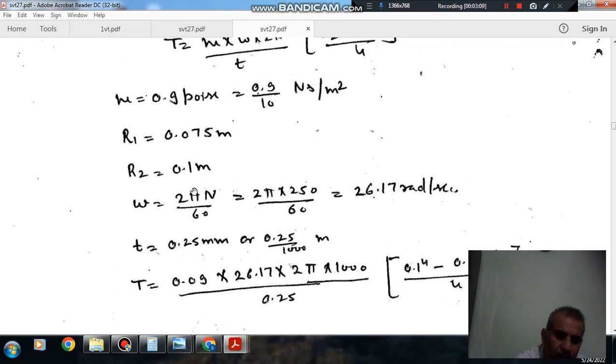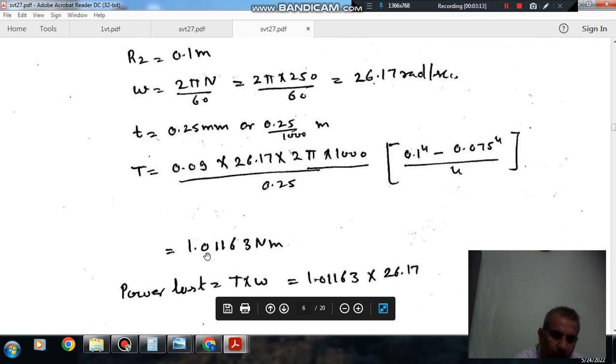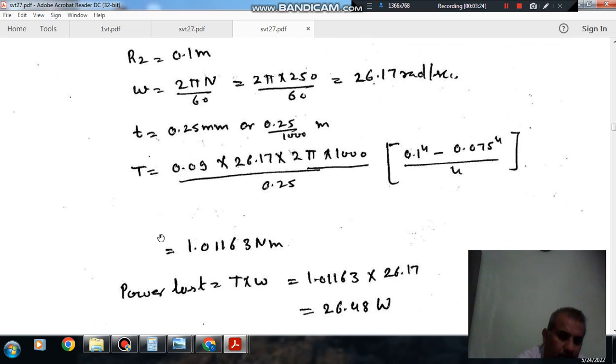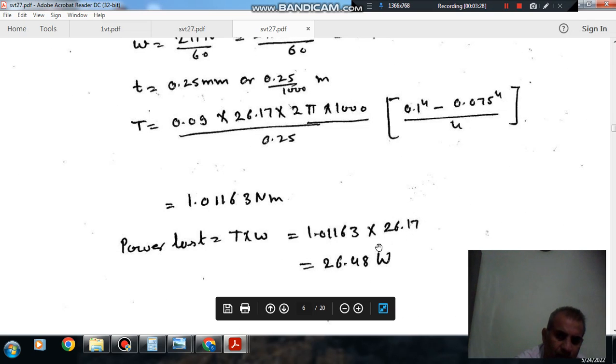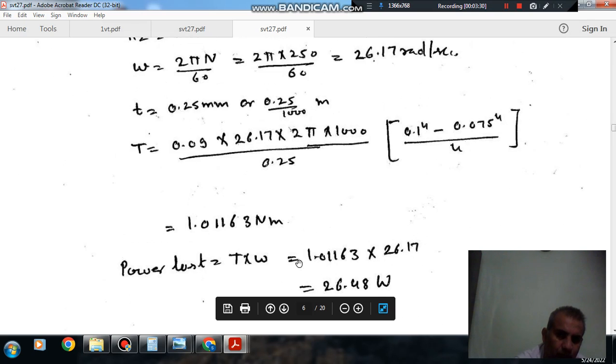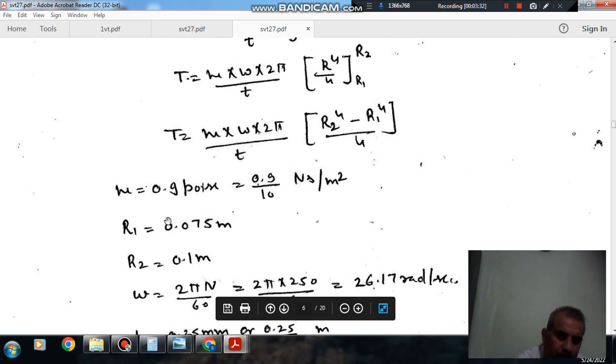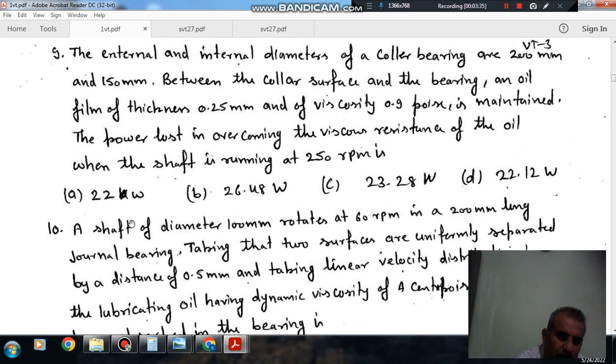So putting these values in this expression, we can find out the torque, that is 1.01163 Newton meter. The torque is used to overcome friction, so the power loss is T into omega, where omega is 26.17, giving 26.48 watt. So the answer is 26.48. Next,